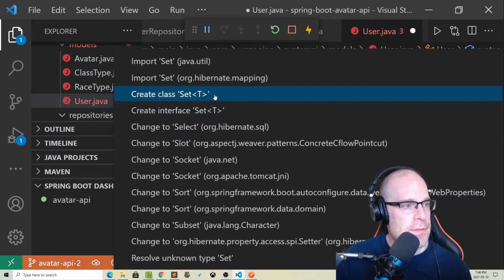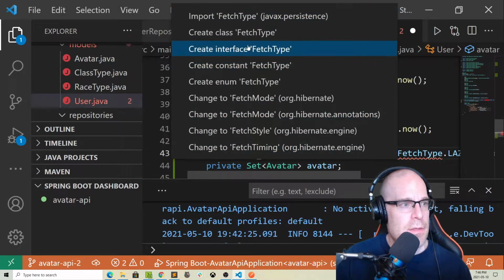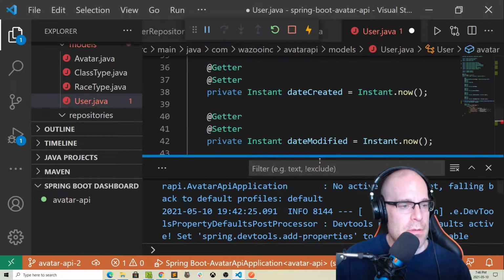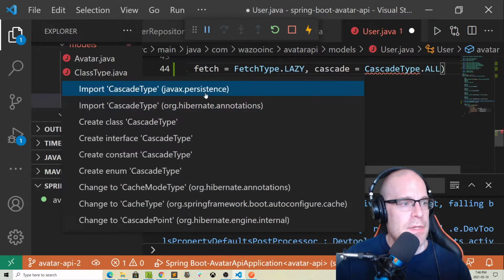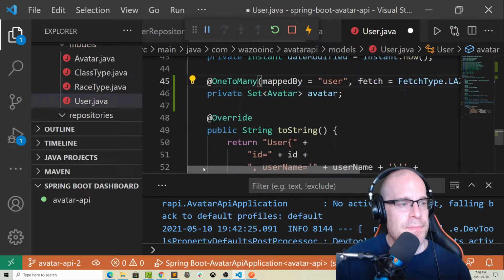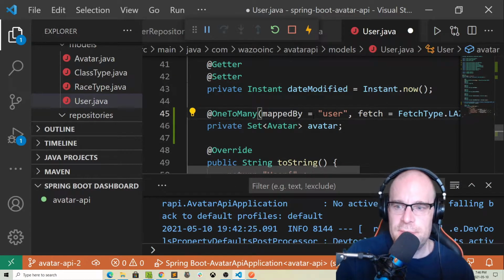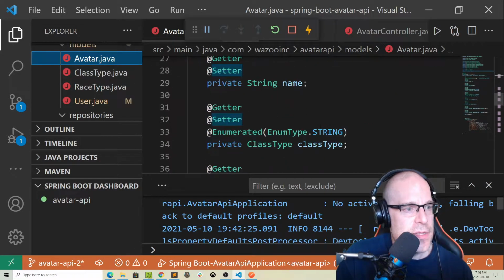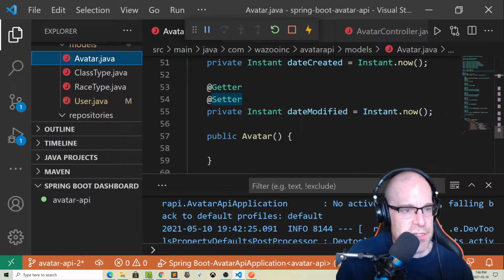Okay. Import set. Okay, import set. Okay, clean up that. Okay. So now, in the avatar data model, since it now belongs to a parent object,